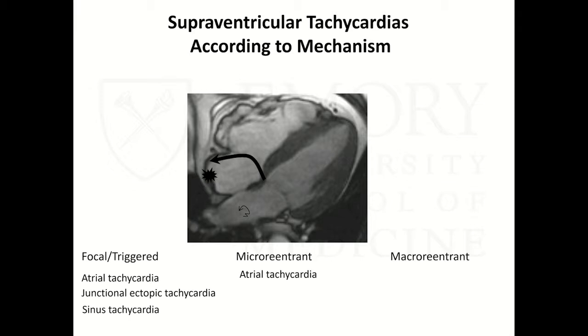The macro-reentrant tachycardias include those that rotate around entire chambers, so the size of the reentrant arrhythmia is bigger, or they're using numerous chambers like the A and B. And this, of course, includes all atrial flutters, AV node reentry, and AV reentry, which is accessory pathways or accessory connections between